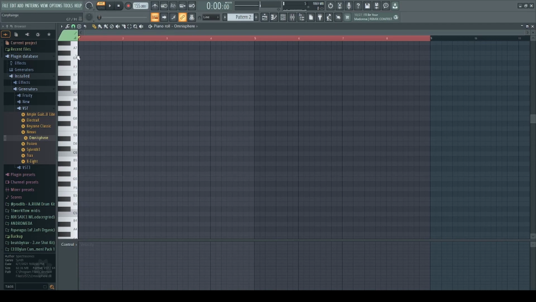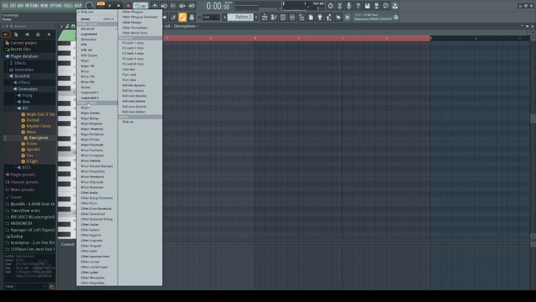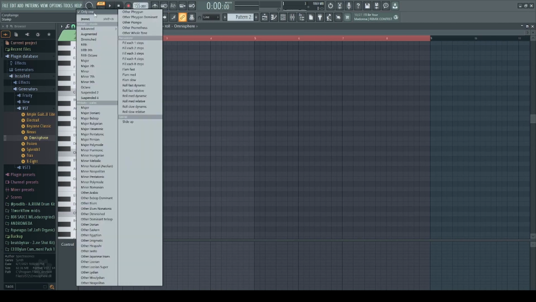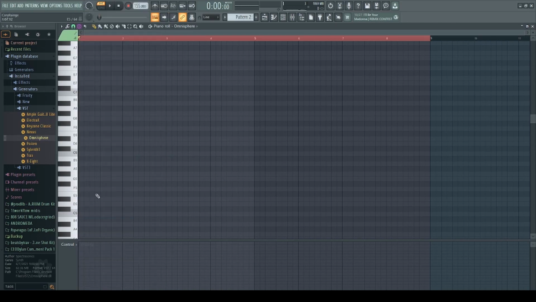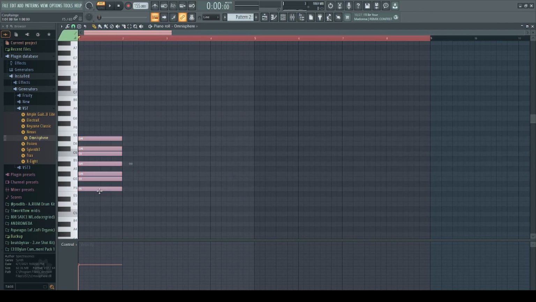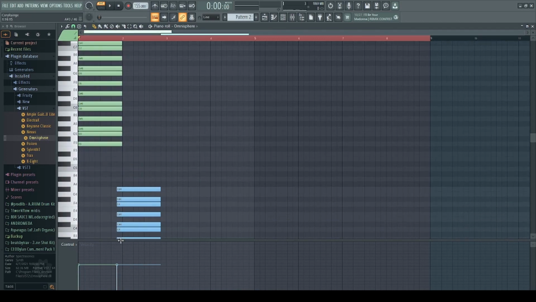But if you're having a hard time seeing that, you can come up here to the stamp tool, go to the minor Aeolian scale, and then click which note you want. Shift, click and drag. Same root. So in this case, it would be F. Shift, click, drag, and